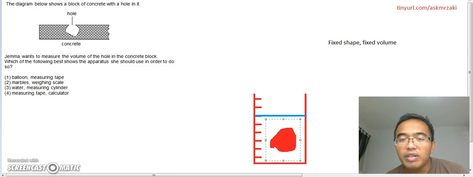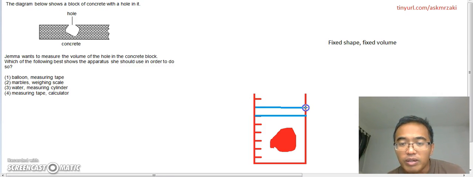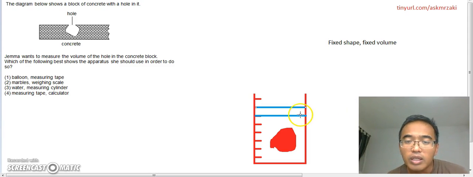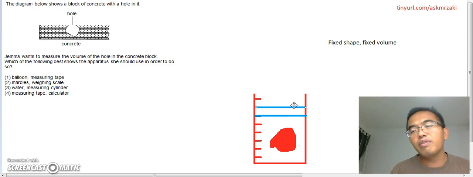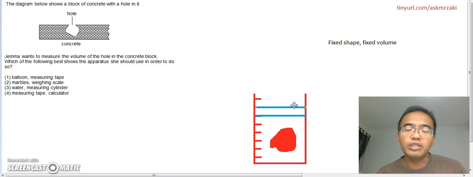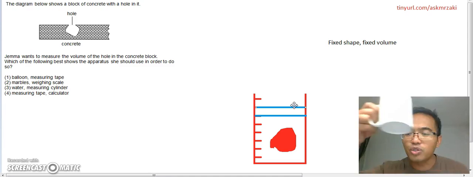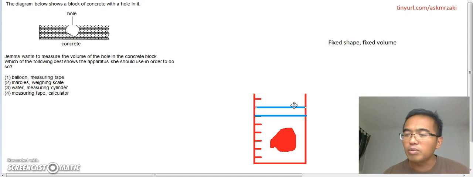I'm sure that if you put the rock inside a cylinder with water, the water will rise, right? Same thing as when you submerge yourself in a bathtub, the water will rise. If you put anything in a basin of water, let's say you want to wash your cup,